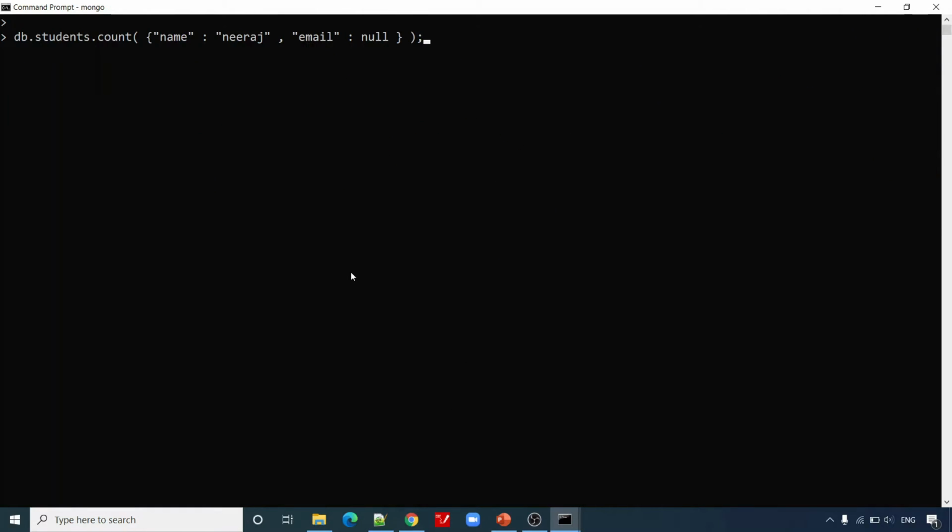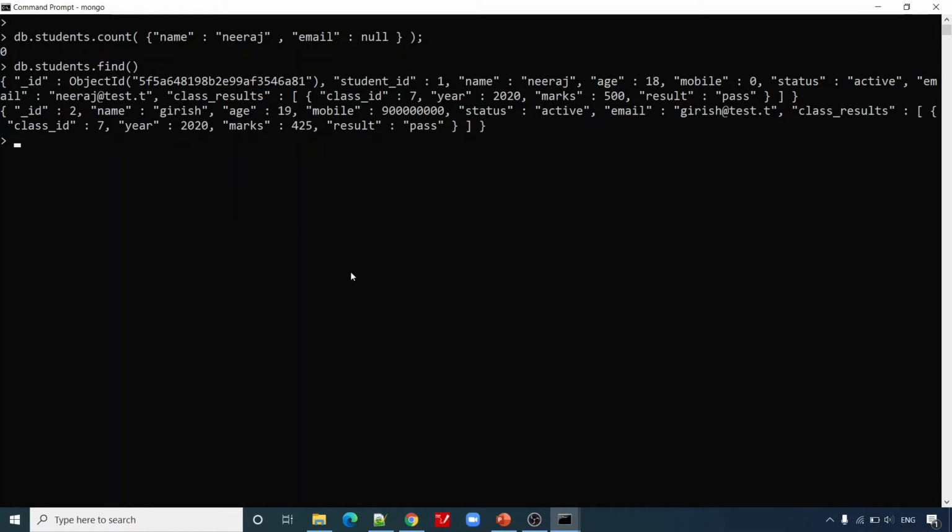So here I want to find out a student again with name Neeraj. Now we are going to demonstrate the null operator. So now you can see that it has returned 0 records. Let us just cross verify it. There is 0 record basically. You can see that email has some values, right? In both the cases it has value, but this is how we can query for a null field.